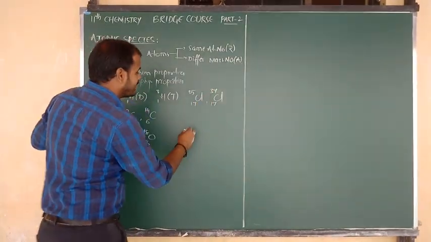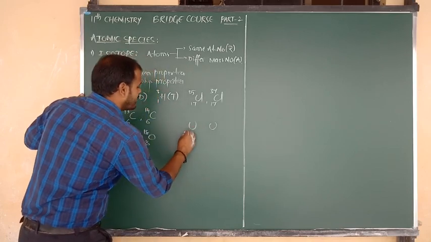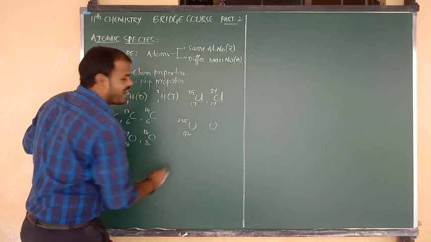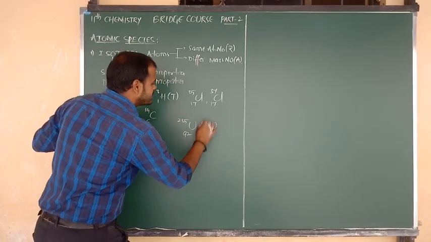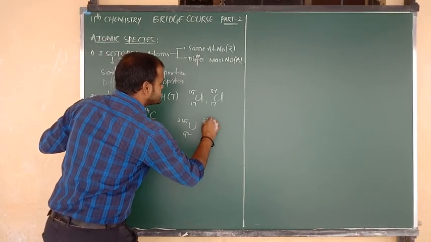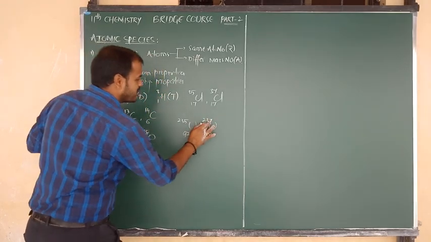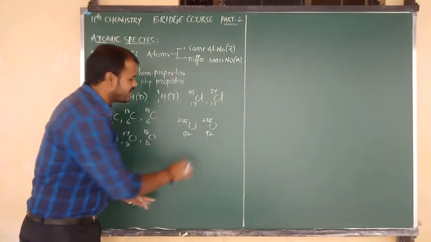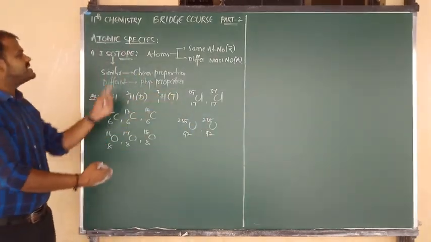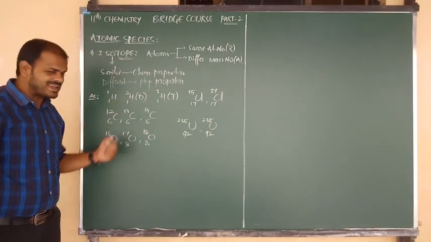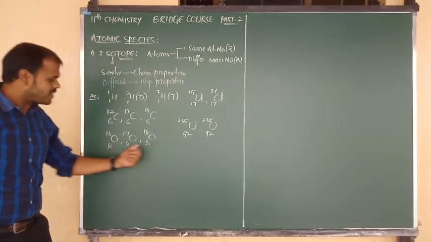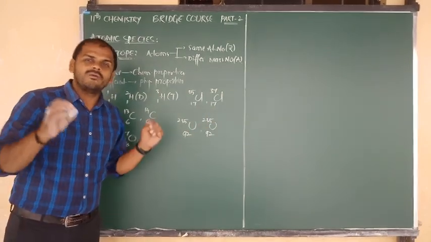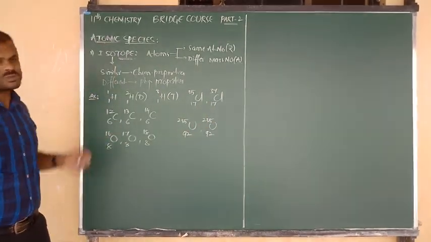Okay, and also we can consider uranium. Uranium atomic number is 92, and mass number is 235. Here also uranium atomic number is 92, mass number is, sorry, 238. So here atomic numbers are same and their mass numbers are different. So these all are examples of isotopes: hydrogen isotopes, carbon isotopes, oxygen isotopes, chlorine isotopes, uranium isotopes. In that manner, we have discussed the isotope story.